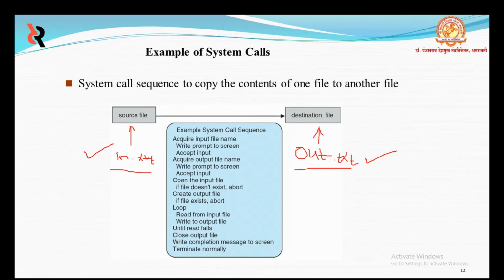Another approach is for the program to ask the user for the names. In an interactive system, this approach requires a sequence of system calls: first to write a prompting message on the screen, and then to read from the keyboard the characters that define the two files.